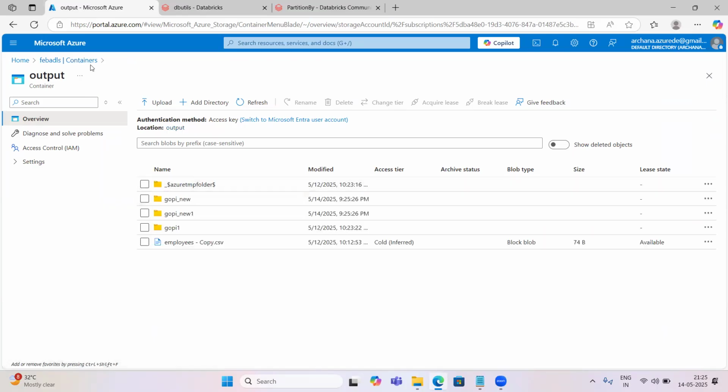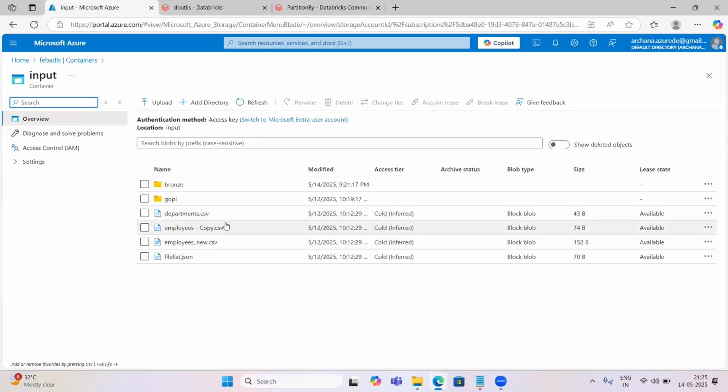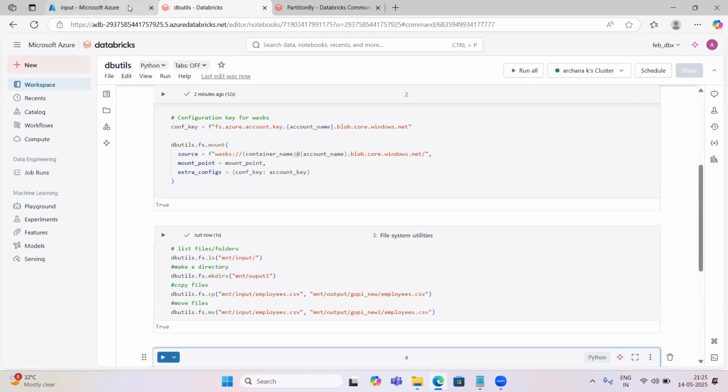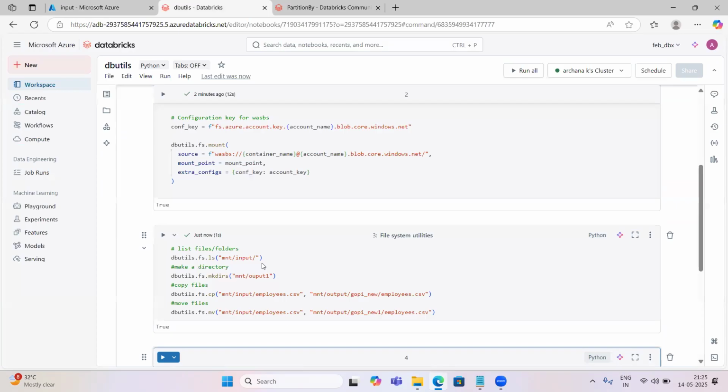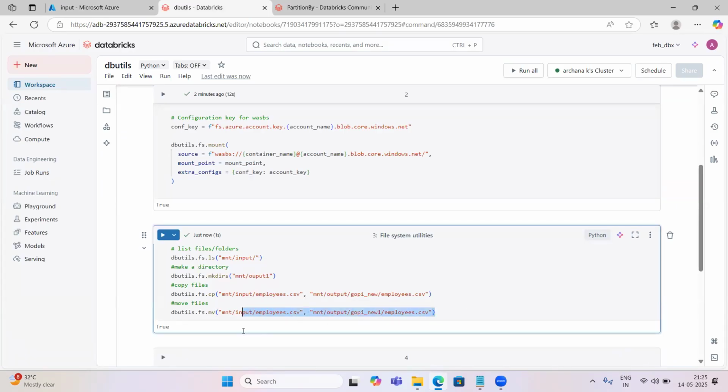And you can see inside input, you cannot see this employees.csv. So the employees.csv file is moved now. Moved means from the input folder to the output folder. From here it will get deleted and it is moved to that output gopi new one folder. Okay, so we will do this in real time. Rarely will we perform some of these operations, but this one we will use